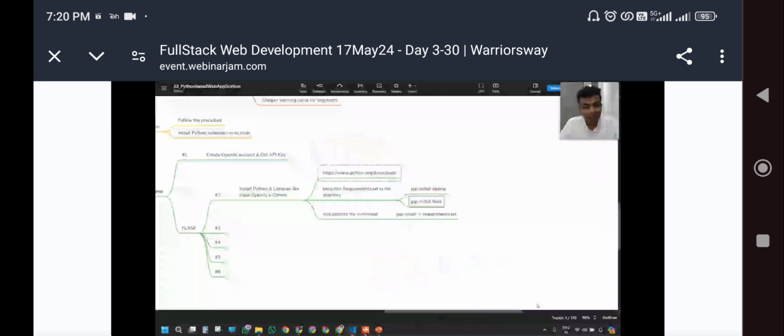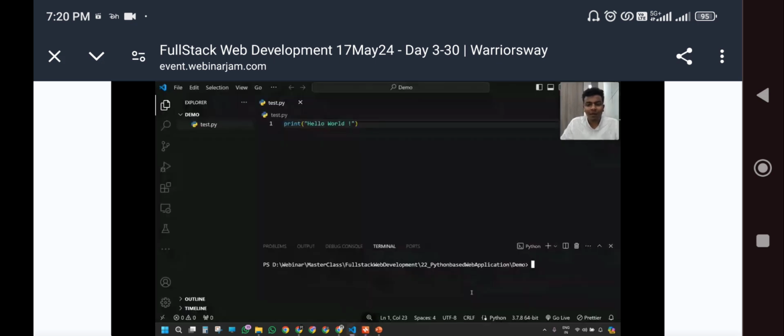But there is another, alternative way: put those libraries into requirements.txt, and you can install them with the help of pip install -r requirements.txt. This is also an alternative way to install those libraries, but we guys have done it very simply. Just copy this command, put it in the terminal. That's it. Okay, both the commands we have done, and we have completed our requirements.